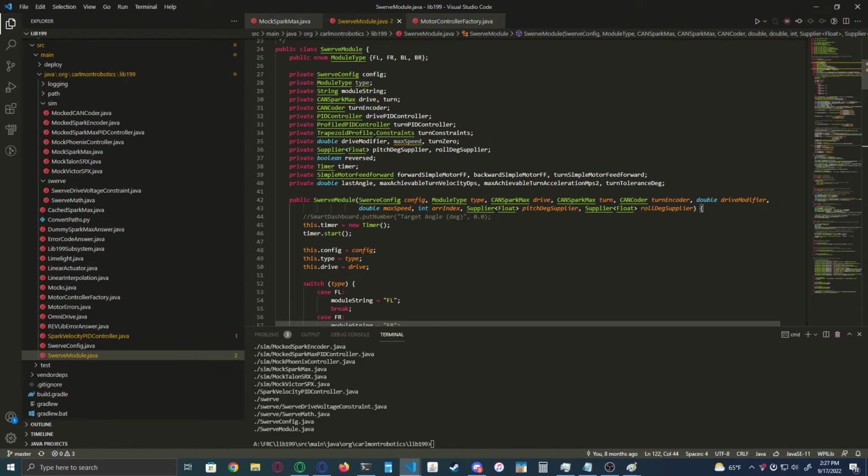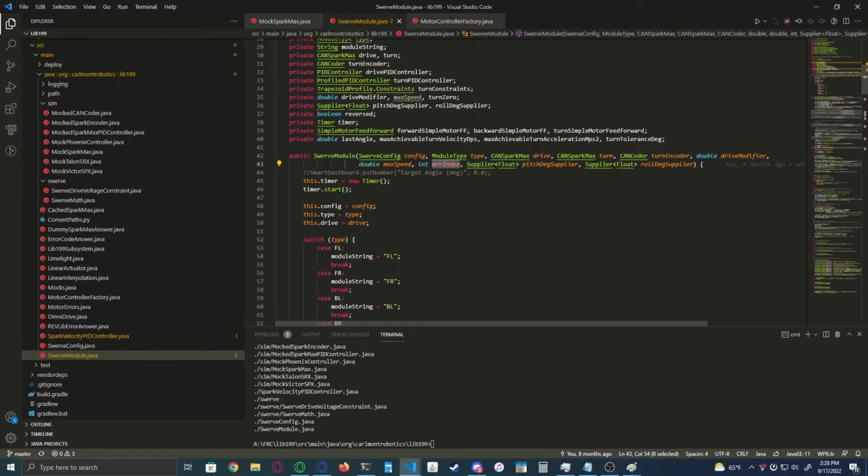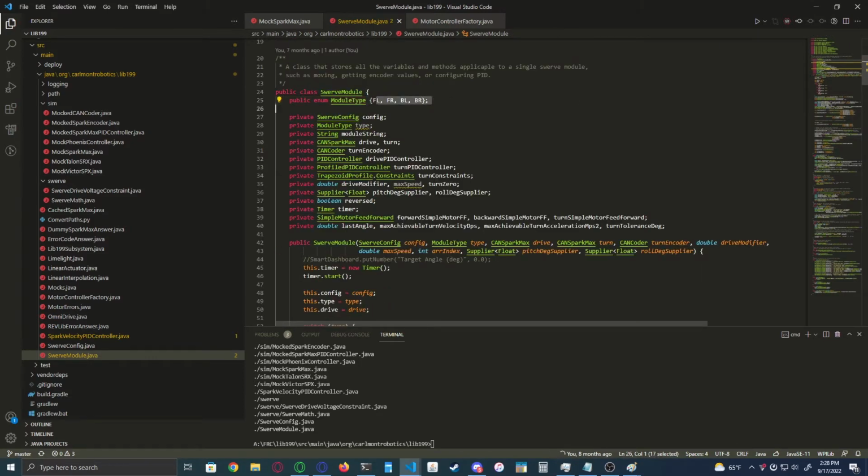Then also takes in a max speed, array index, which we could honestly probably get from the module type, and we probably should, but basically it's that same idea of storing which position it is in all of these arrays. So while we have this default ordering, basically, you can change it. Like, if you want front left to instead be in the third position,